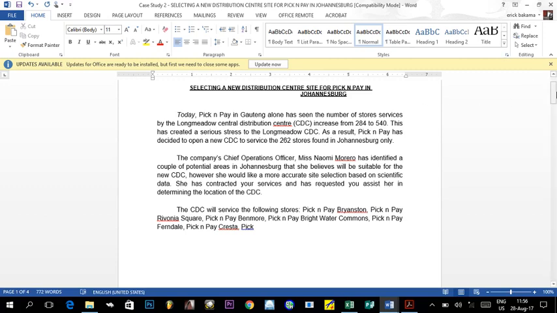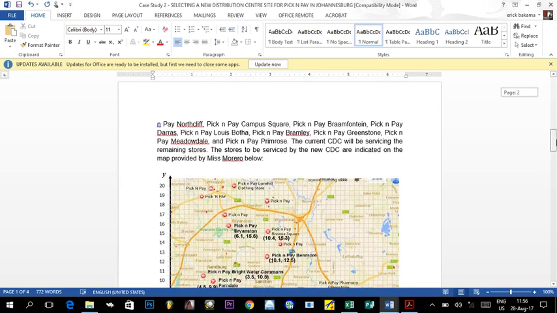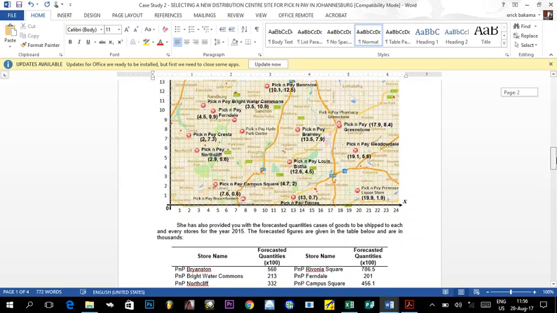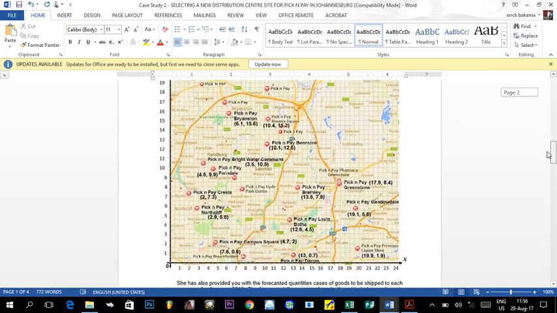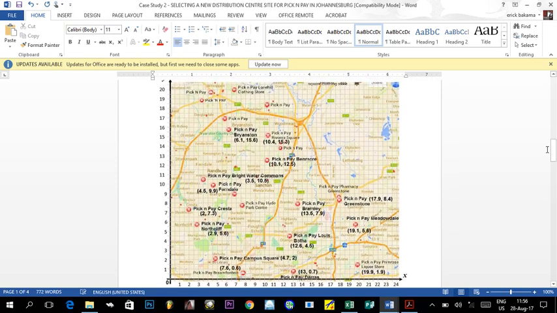The first method that we're going to use, according to what they say here, is that we must find a distribution center based on the store locations that we have. The first thing to do when you have a question like this is to identify. Because the coordinates are given on the map, you must first collect the data by arranging them in a way that will get you to solve. By doing so,